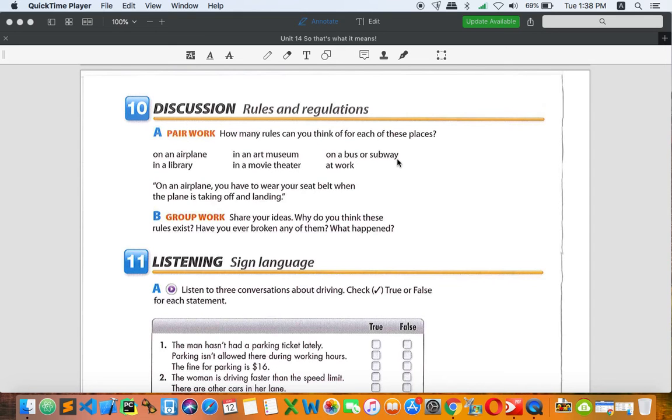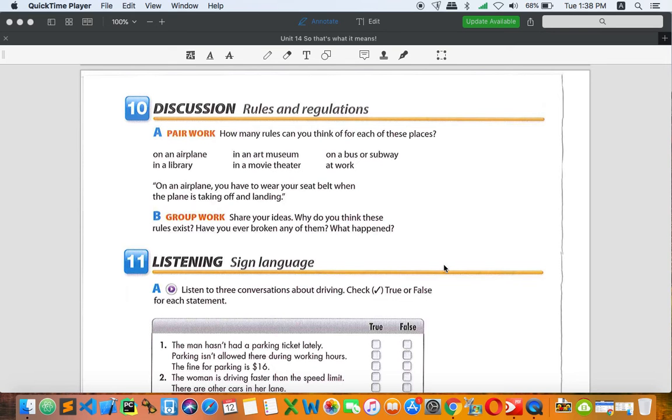And the last one is at work. I think you have to wear a uniform if your company requires you to wear a certain uniform, and you have to arrive on time. That's the most important thing. And you are not allowed to sleep. Maybe during lunchtime you can have a short nap, if you want to. You can make your personal calls sometimes. It doesn't mean that you cannot talk about your personal problems. Of course you can talk, but not often or always.